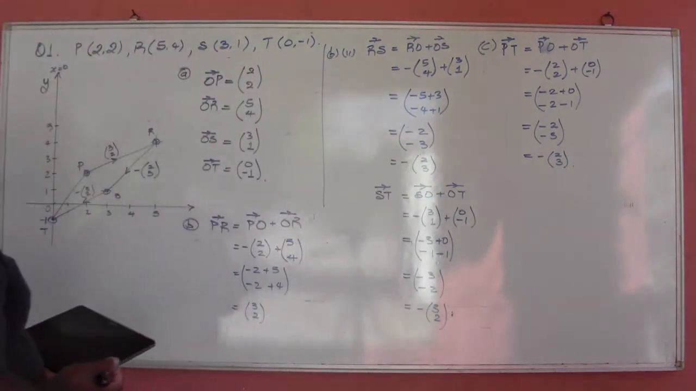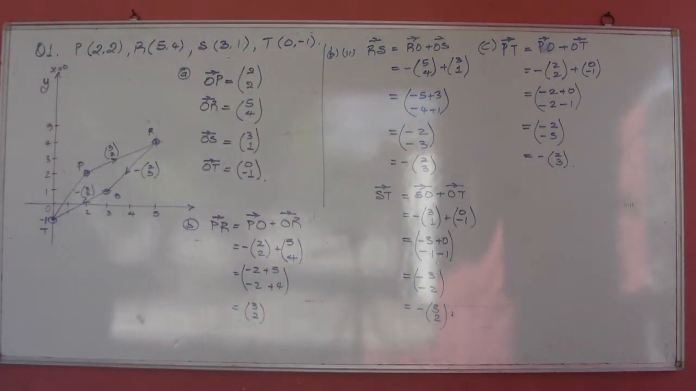Now, C(i) says that we must show that the figure is a parallelogram. What is a parallelogram? A parallelogram is a quadrilateral in which opposite sides are equal and parallel. To show that a quadrilateral is a parallelogram, we need to show that at least one pair of opposite sides are equal and parallel. So let's look at PT